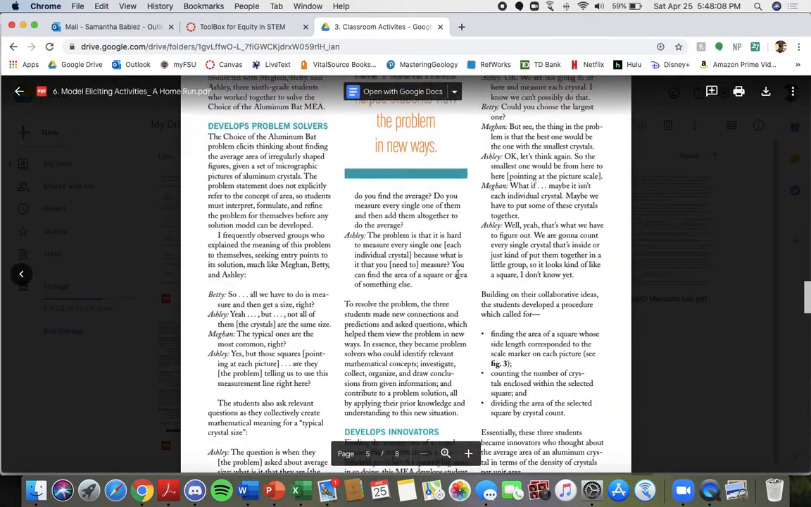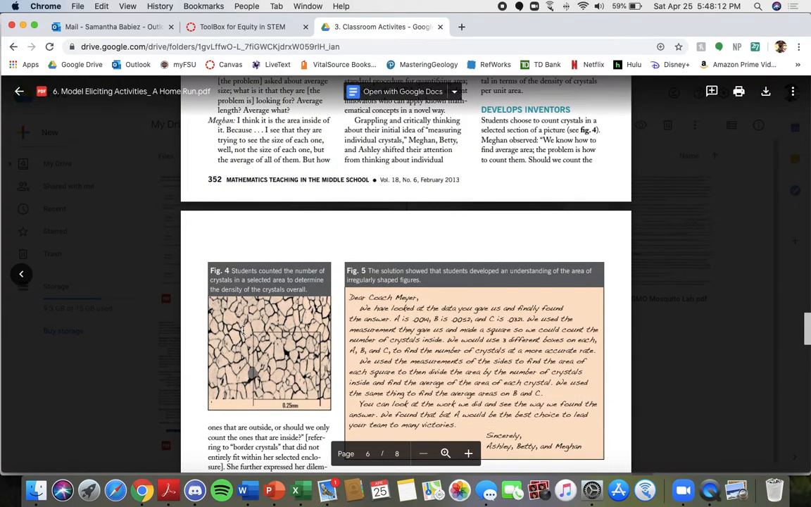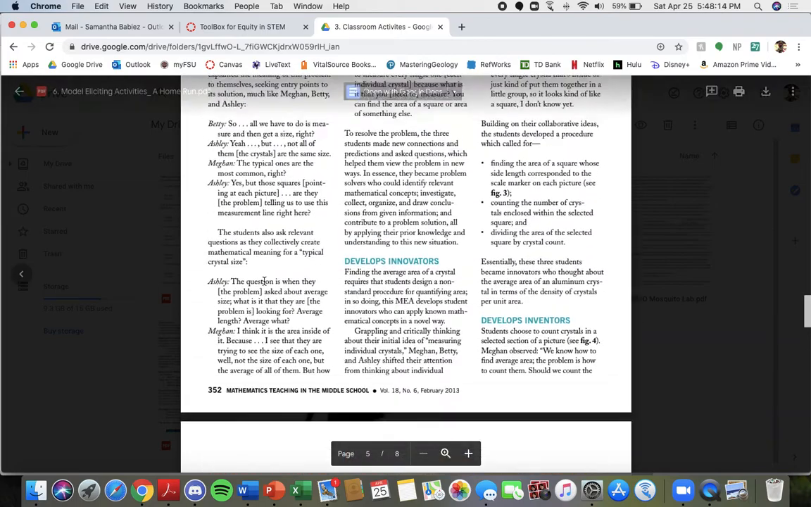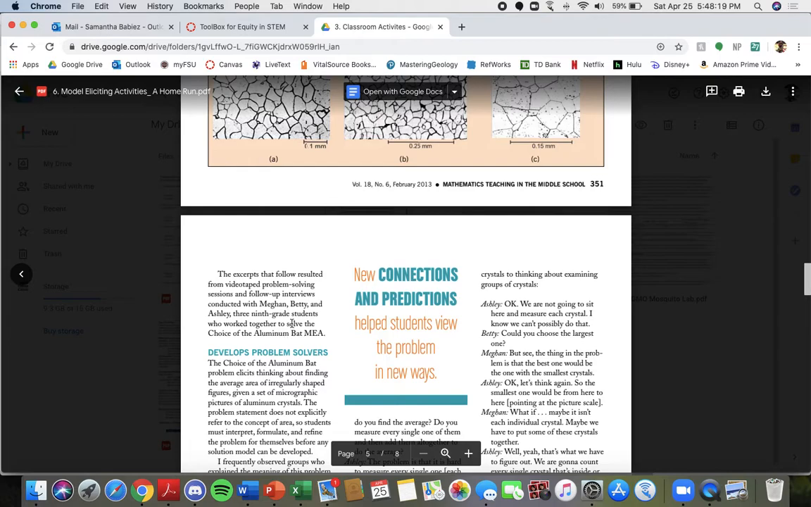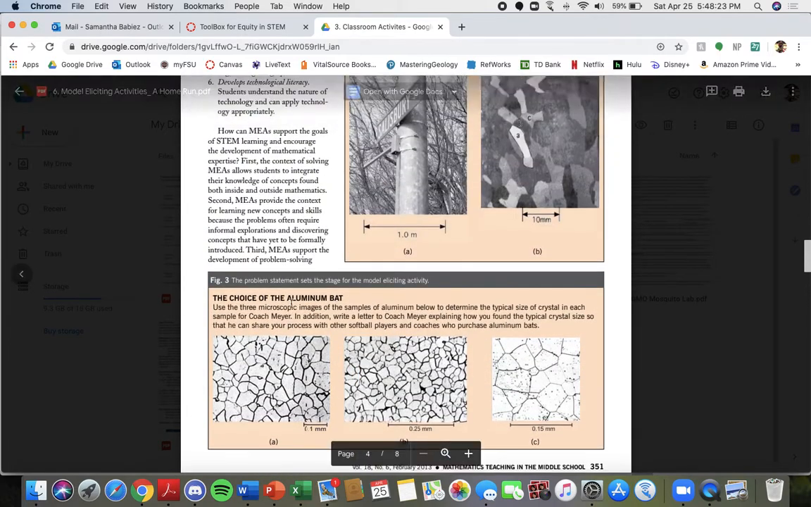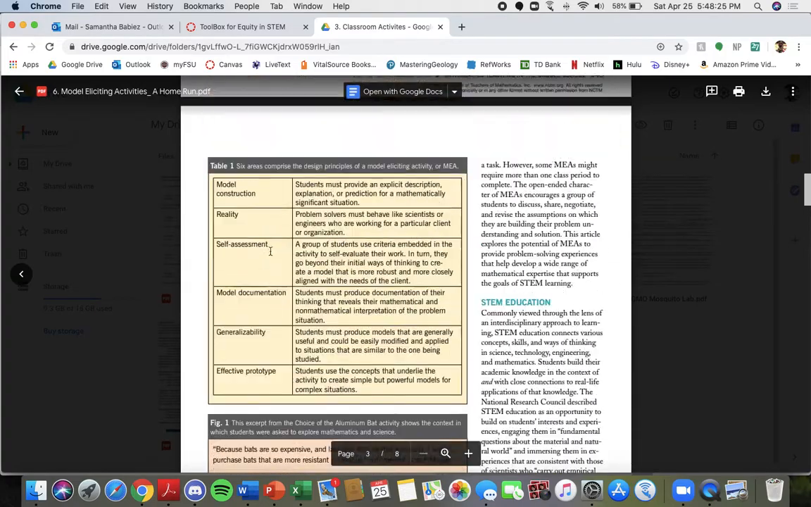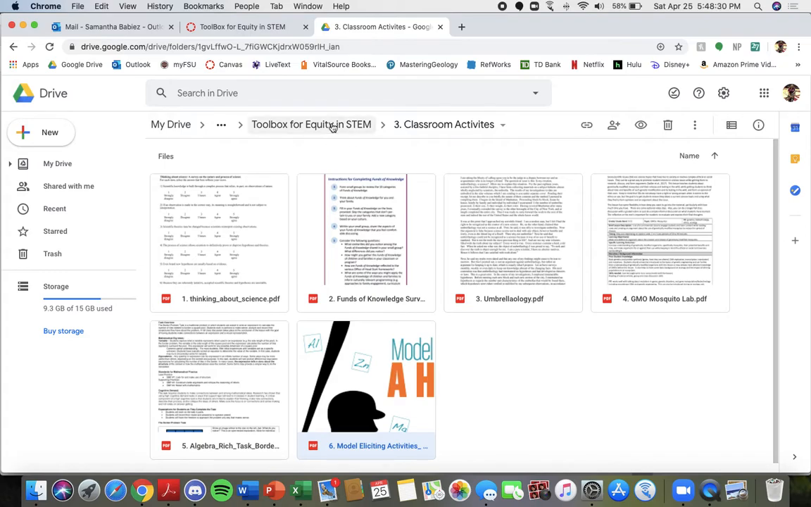planning would be great, because it was super in-depth when they had this example of the students counting the crystals covering the light post, but then relating it back to their baseball bats. I thought that was super cool. So just a great one to be able to review. So that's all I have in my classroom activities